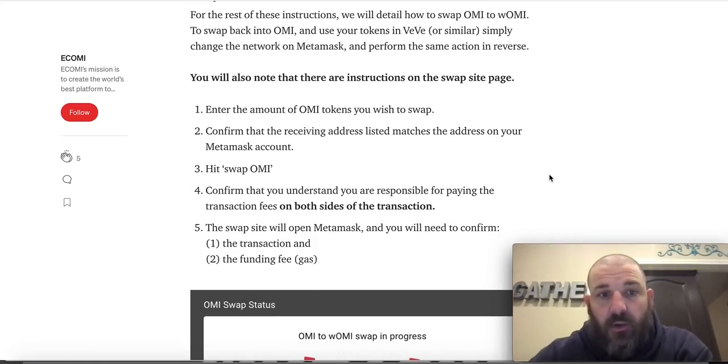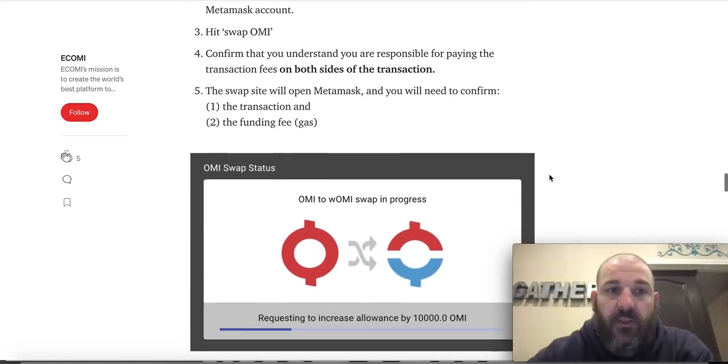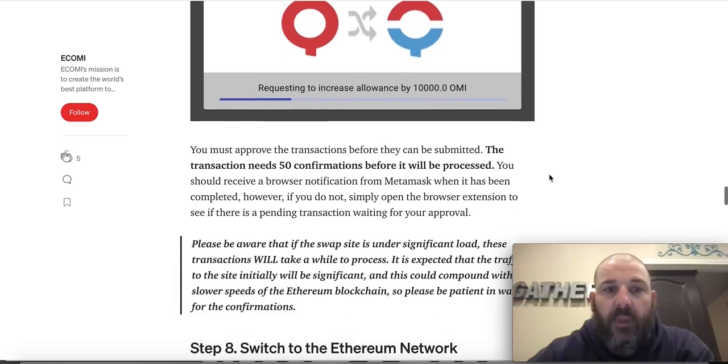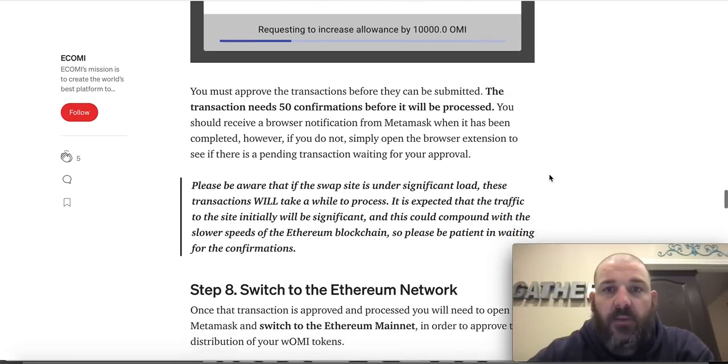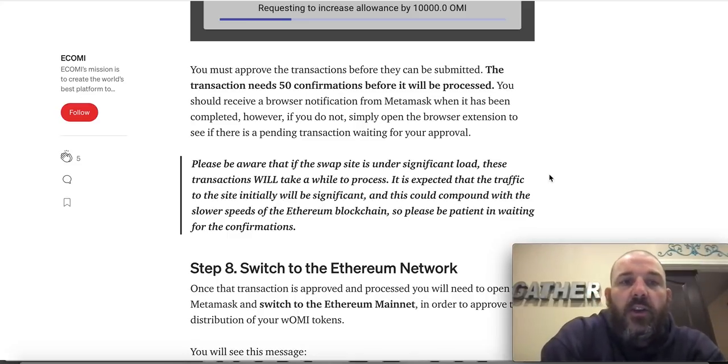so coming and going. The swap site will open MetaMask and you will need to confirm the transaction and the funding fee. Okay? You must approve the transactions before they can be submitted. The transaction needs 50 confirmations before it will be processed. You should receive a browser notification from MetaMask when it has been completed. However, if you do not, simply open the browser extension to see if there's a pending transaction waiting for your